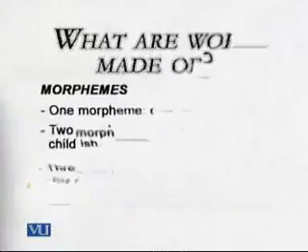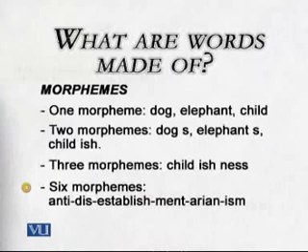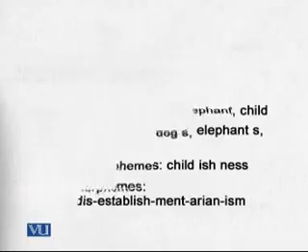alone, it conveys full-fledged meanings. But ish, when separated from the free morpheme, of course cannot convey any meanings, and ness also, when separated from its free morpheme, does not convey any meanings. So words can be composed of one morpheme, two morphemes, three morphemes, and in the English language, 6 is about it. I mean, we can have words composed of a maximum of 6 morphemes.